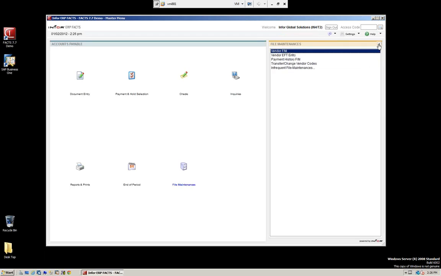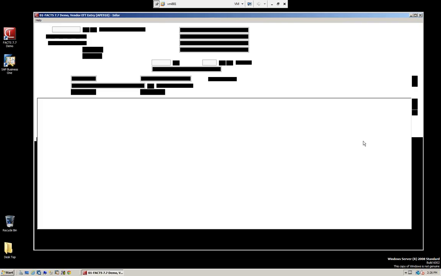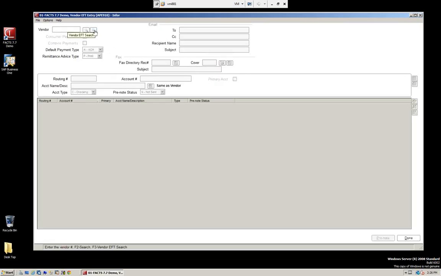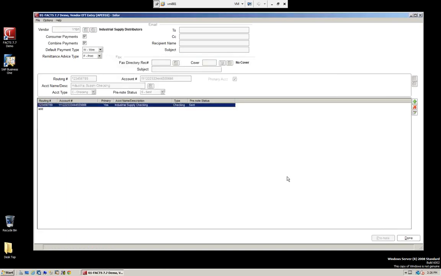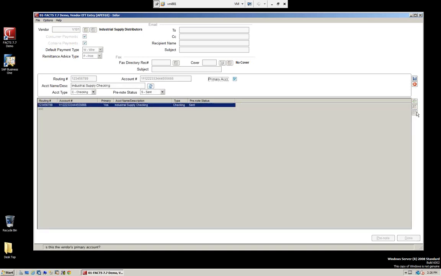And if we look at the file maintenance and accounts payable, we have a new screen, which is the setup for the vendor EFT entry. This is where we would set up our vendors and their corresponding bank information. So in this example, we have vendor V101, and you can see here that we set up their information, the routing number, the account number, and so on for the bank. We can also go up here for this vendor, the default payment type, so they're going to get wires